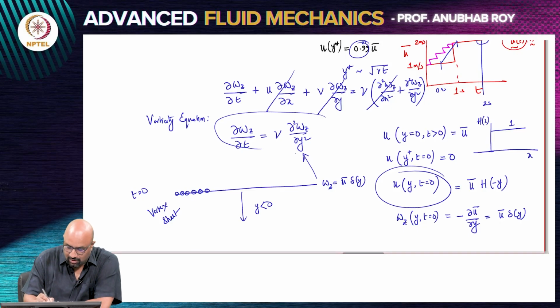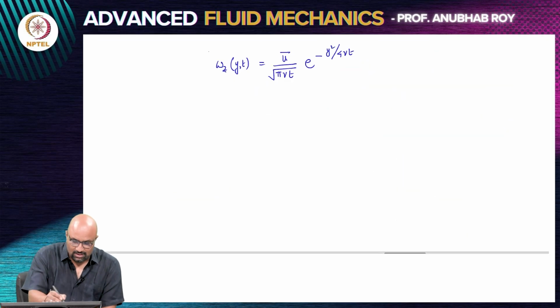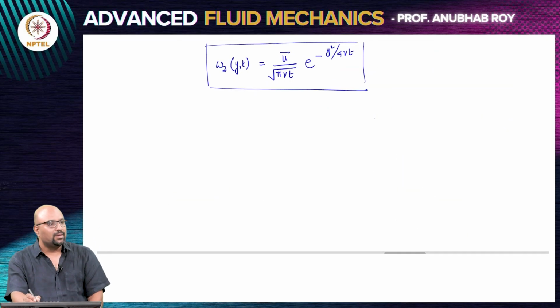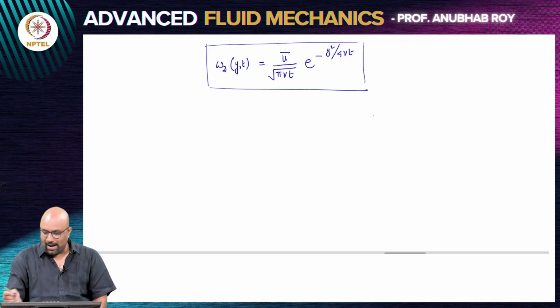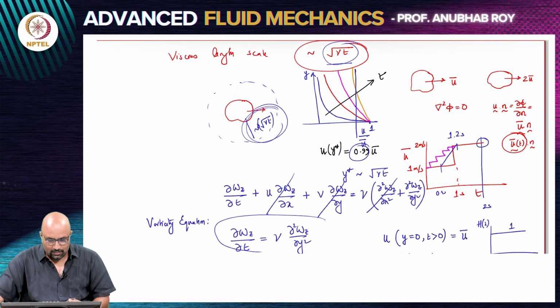That's solving for the heat equation with an initial source term that you have in the problem. So there are different methods of solving this problem. You can use a transform, or this effectively is what is also known as the Green's function for the heat equation. So this is your evolution of vorticity. Now if you go back to what you had as a solution previously,